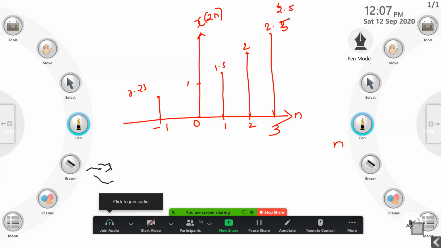Number of samples it is diminished. Amplitude has increased, sir? No, amplitude is not increased. Amplitude is the same. It is from 0.25 to 2.5. It is time scaling. In time scaling, there is no change for amplitude. It remains the same. The number of samples has decreased. Earlier, you had samples at -2, -1, 0, 1, 2, 3, 4, 5, 6. But now it has come to -1 to 3, which means the total number of samples has become half.